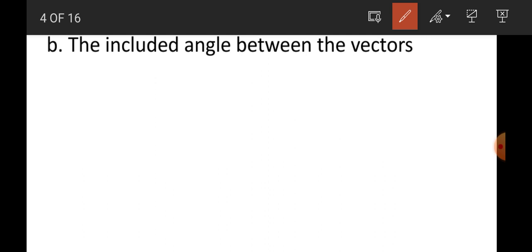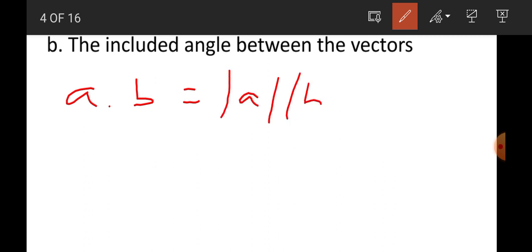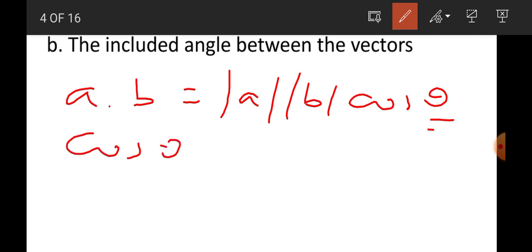To determine the angle between the two vectors, A dot B is equals to magnitude of vector A times magnitude of vector B times cosine of theta. So እዚህ ጋር ምንድነው የምንፈልገው? ቴታ ነው ማለት ነው።